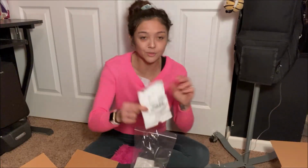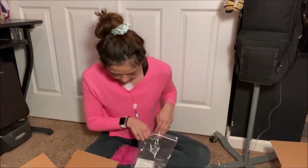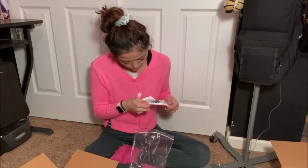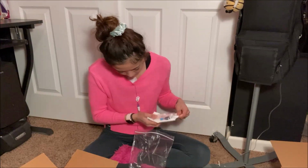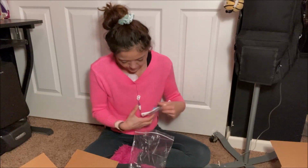Okay, so I got my normal port needles. I normally get those, but then I asked for some other needles to try out. I'm not sure if I'm going to like this. It looks bigger and bulkier. I wanted something smaller because